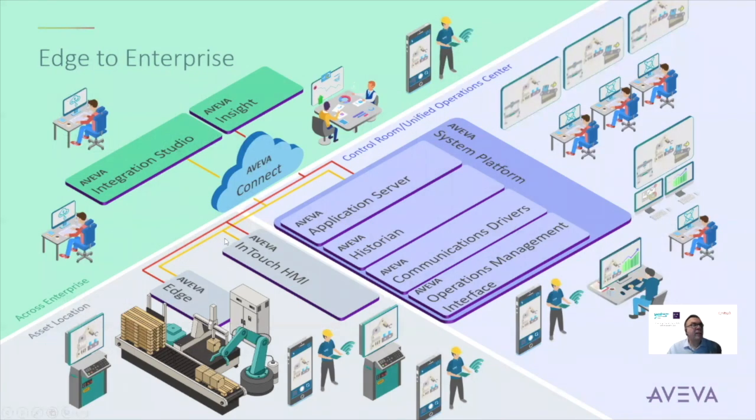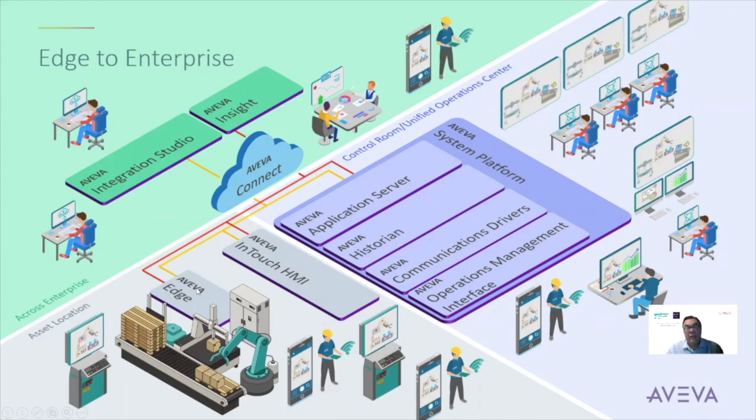So this paints a bigger picture. If you take a look here, where does AVEVA Edge fit into the bigger picture? Down here at the asset location. Now, we've shown kind of a manufacturing environment here, but it does not have to be a manufacturing environment. It can be process, it can be infrastructure, it could be utilities, water, wastewater, wind turbines, wind farm, solar, et